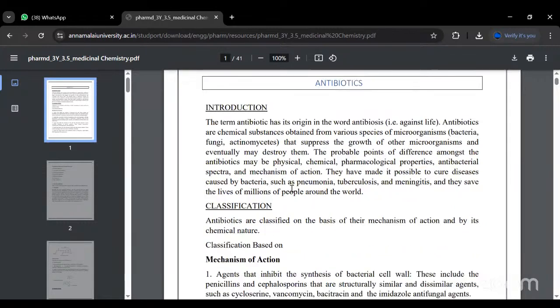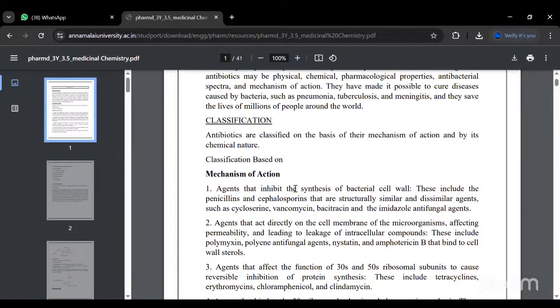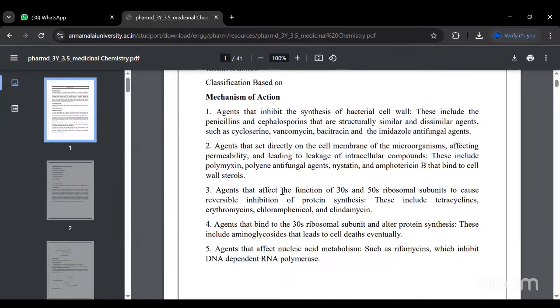What is the classification? The antibiotics are classified mainly on the basis of their mechanism of action and by their chemical nature. The first one is the mechanism of action. Agents that inhibit the synthesis of the bacterial cell wall. These include the